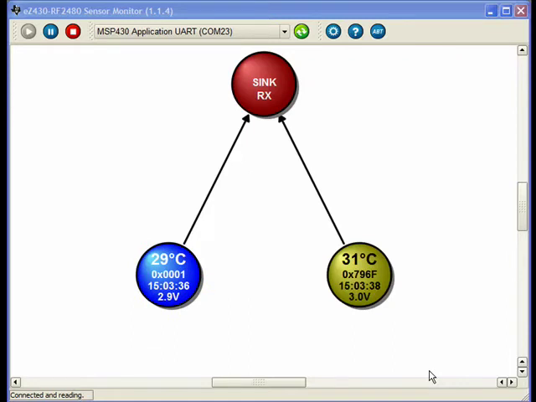You can see that that one's reporting 31 degrees, that its short address is 0x796F, the time, and its battery voltage. Of course, again, the temperature sensor isn't calibrated, so the actual value isn't really that important. You'll notice, of course, that